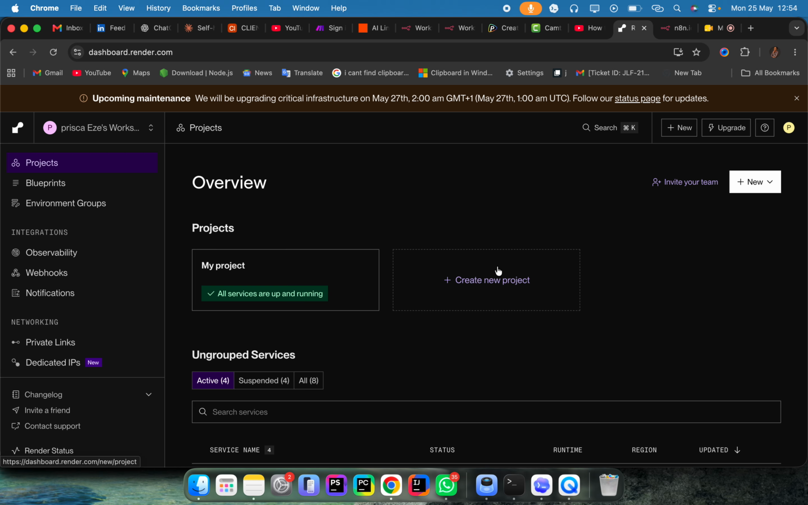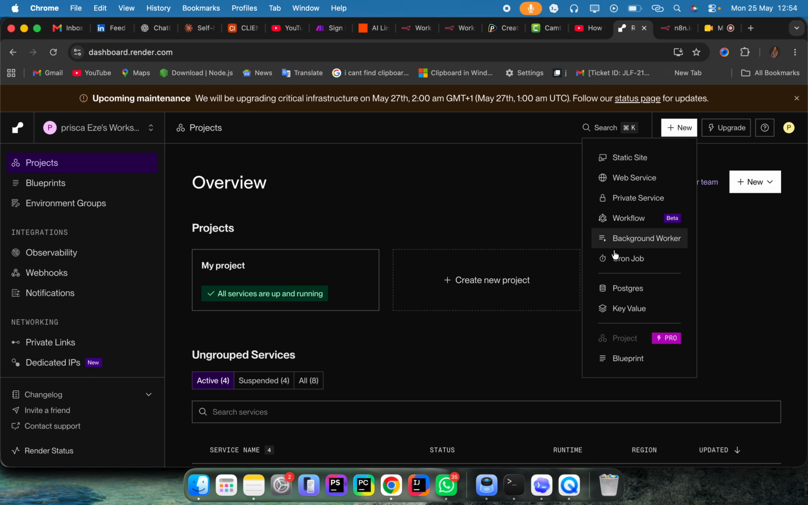Now once you are here, look at your right hand side behind the upgrade, look at new, click on it. Now we are going to be creating a web service for the hosting and a Postgres account for the storage. That's the two things we need to create, and we are good. The first thing we need to do is to create the web service. No, let's create the